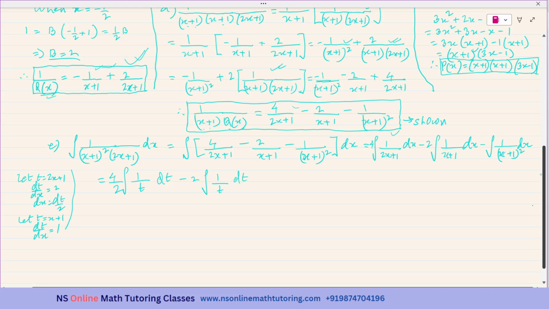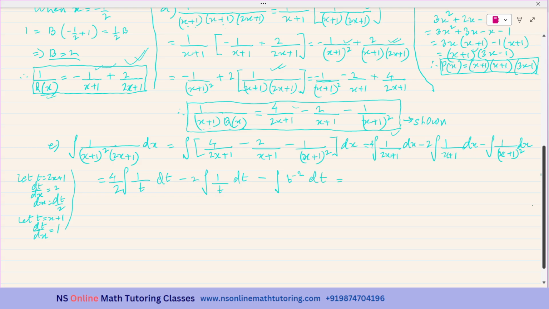It is not that I'll be substituting x plus 1 whole square. It is just x plus 1. So if I substitute x plus 1, it will be dt equal to dx. So now I am getting t to the power of negative 2. This will be 1 over t square. So I am writing this as t to the power of negative 2 and dt,